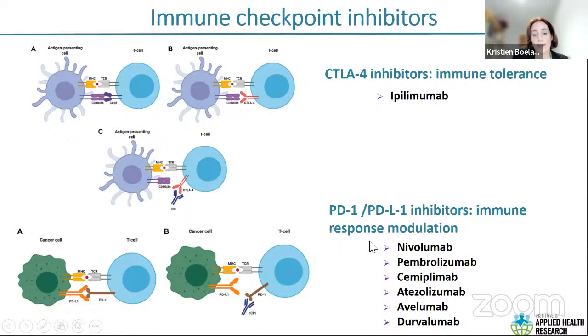And then you have a whole range of PD-1, PD-L1 inhibitors. So this is programmed cell death 1 or programmed cell death ligand 1 inhibitors. And what this results in is a modulation of immune response. You can see here in a number of cancers, what you need is an interaction between the cancer cell and T lymphocytes via this programmed cell death 1 protein or its ligand. And the drugs essentially interfere with this, changing the immune environment of the tumor and resulting